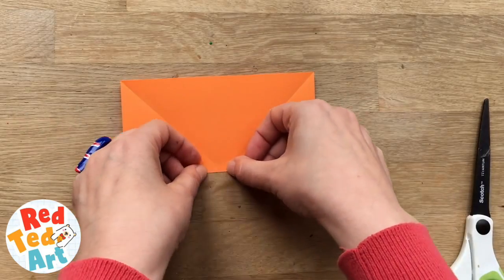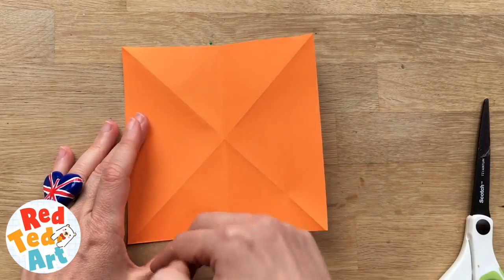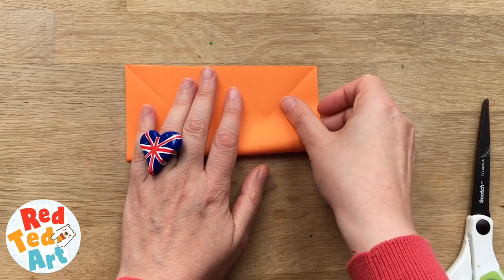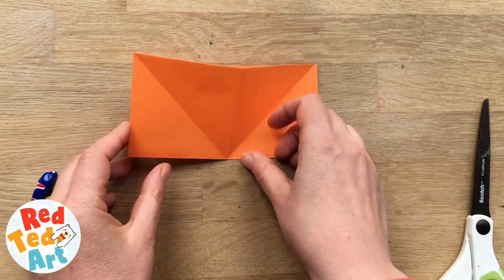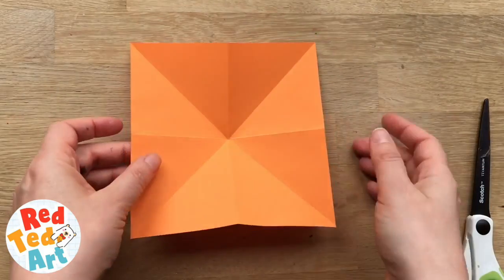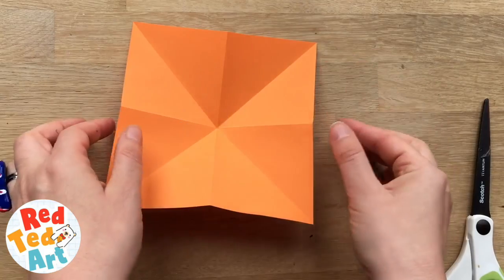Bring it up. This time you want the crease to run right through the center. Again, neat crease. Open it up. Swivel it round and fold it up again. A lot of origami is about preparing the creases that you're going to use later. So now you've got these lovely star-shaped creases, and because I've done my creases in opposite directions, look how easy